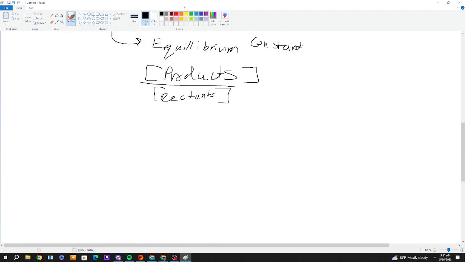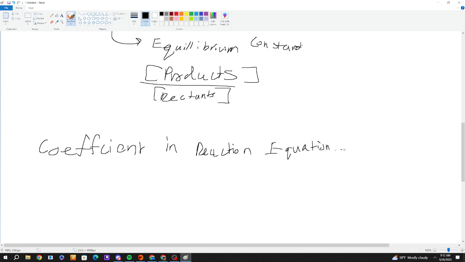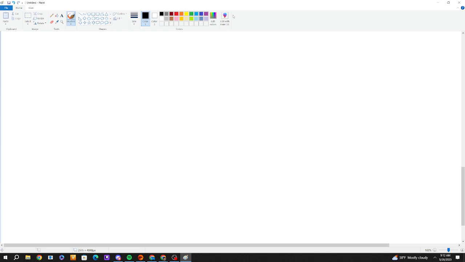Whenever you have a coefficient, which is really just the rule of thumb, a coefficient in the reaction equation, you make it an exponent in the equilibrium constant equation. So that's kind of what it is, but let me go a little bit more in depth because